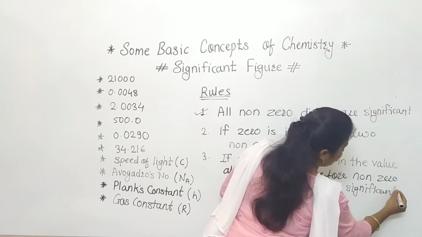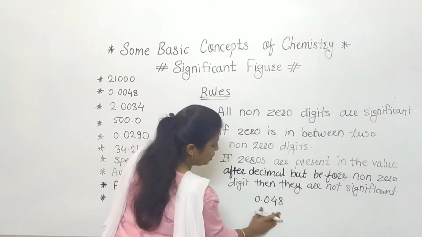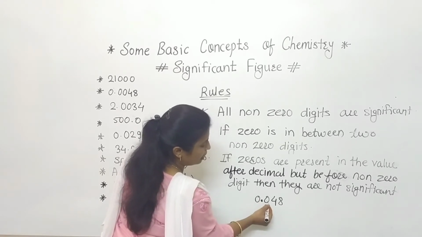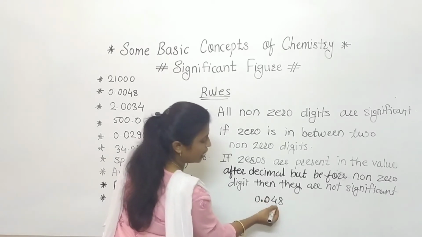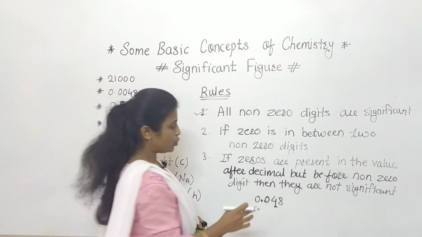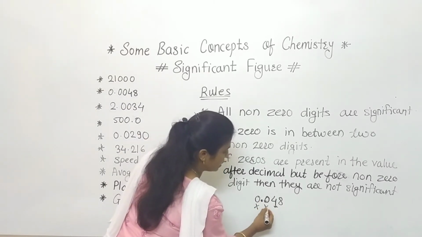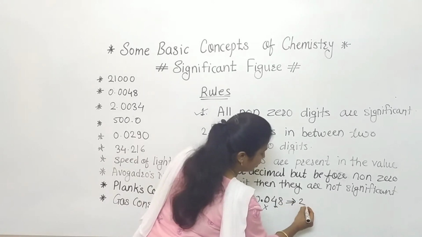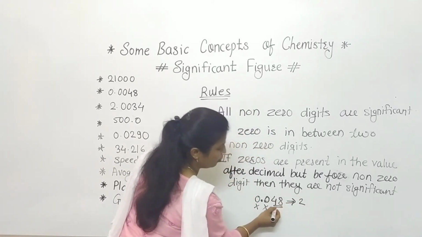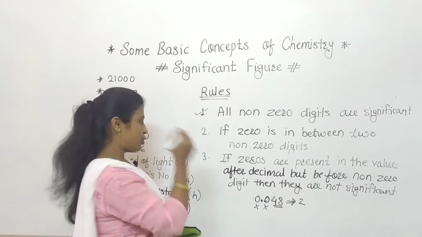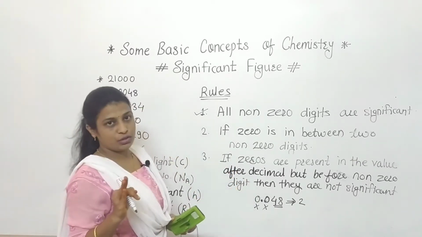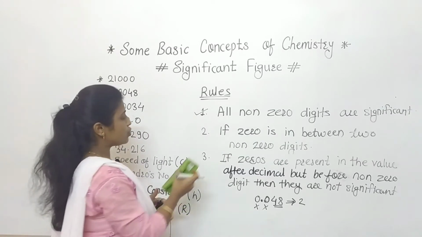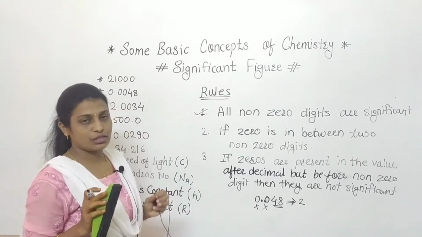Clear to you? So here if we consider this value, these two zeros are after decimal but just before that non-zero digit, so this is not considered as a significant figure. So for this value also significant figure is 2, only for this one. Clear to you? So here we have completed our third rule. Hope so you are writing all these 3 rules. Okay, so after that we are going to discuss the last, 4th rule.